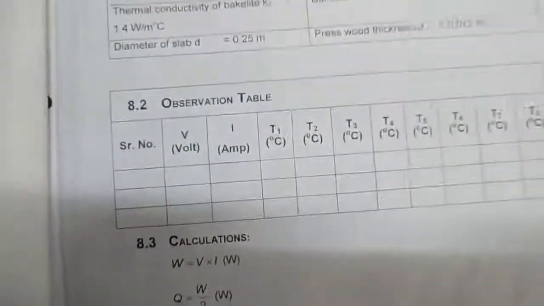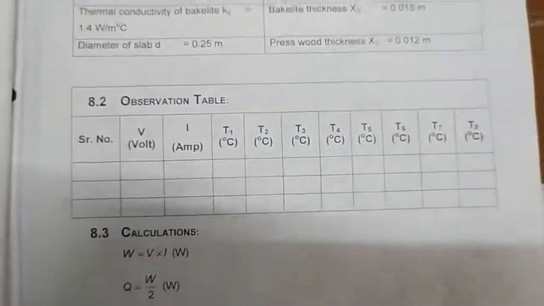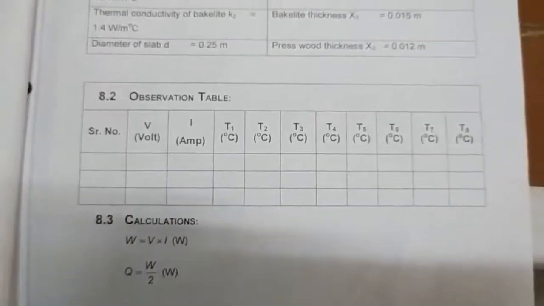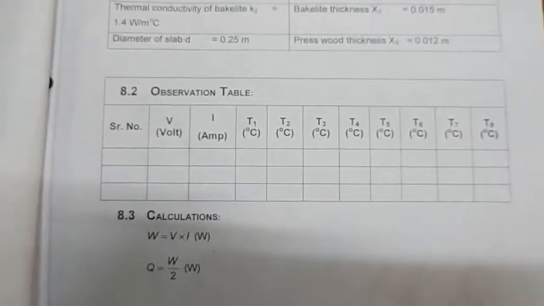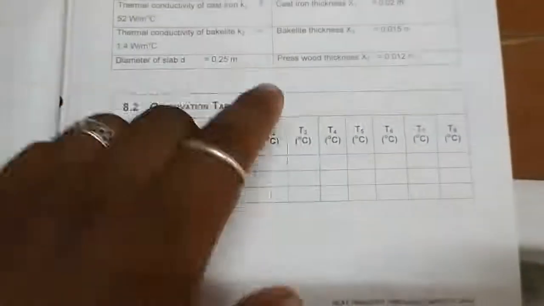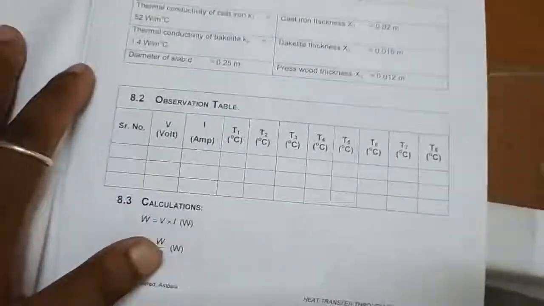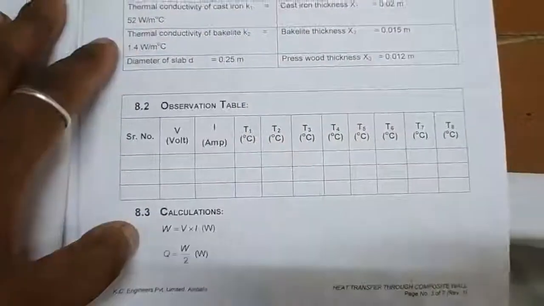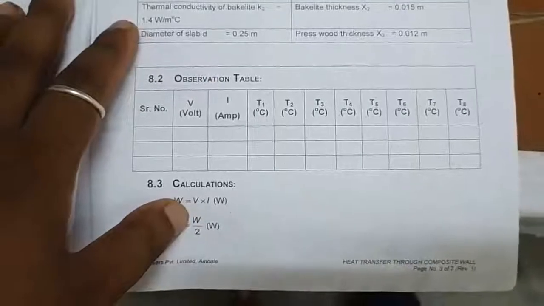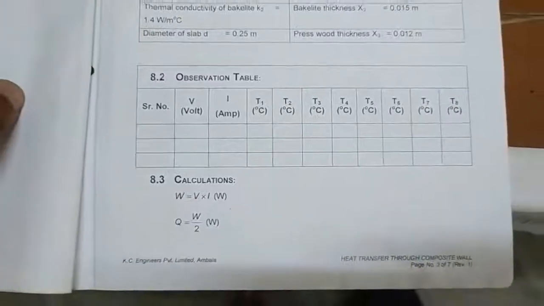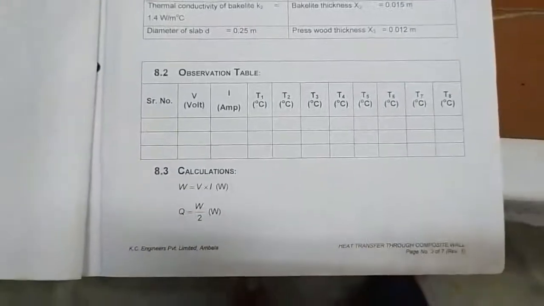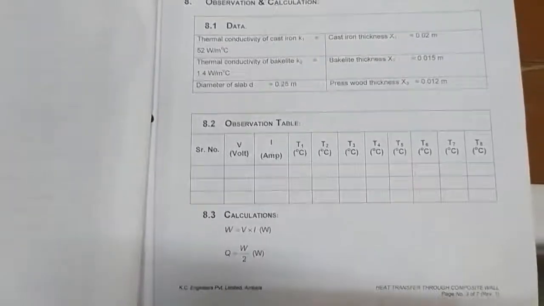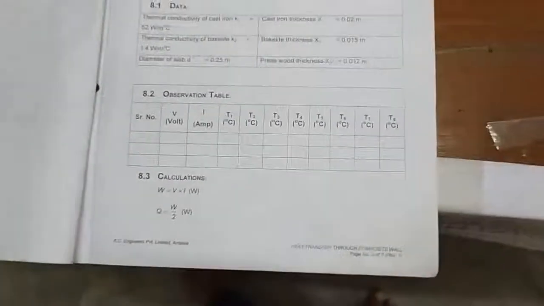So now focus on this observation table here. After reaching the steady state temperature, that means after at least 1.5 hours, we'll take the readings. After each and every 10 minutes we'll take the reading of all the temperatures of these thermocouples, and we will take the readings till the time where 2 consecutive observations give us almost the same readings. At that time, when the readings are the same for 2 consecutive observations, we will understand that our setup has reached steady state condition. Then we'll go for the calculations part.